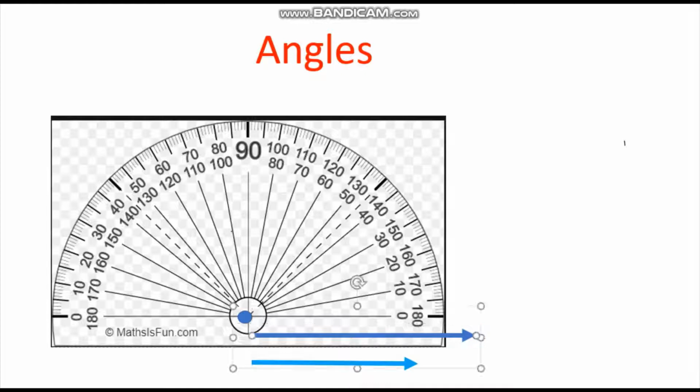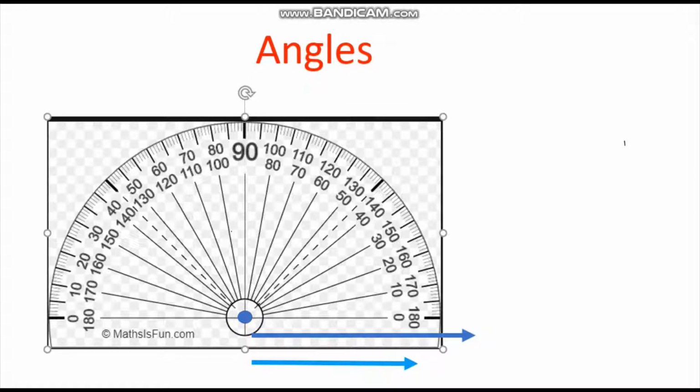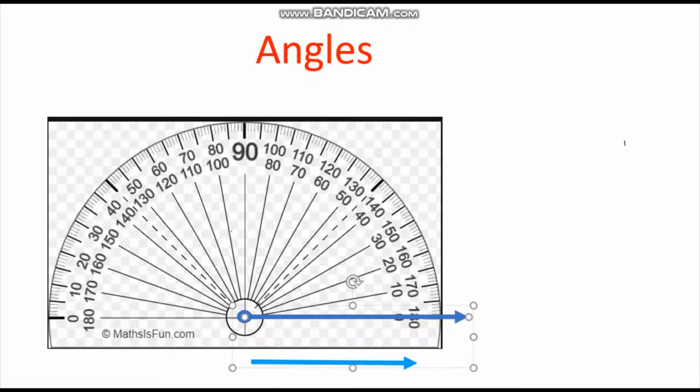See here, you have 0, and you have to keep the point at the middle, where 0 on this side and 90 degree and 0 degree coincide. This is the middle part, you have kept the point here. Now you have to draw one ray in such a way that the ray stands at 0 degree. Okay, now you have to use the second ray.